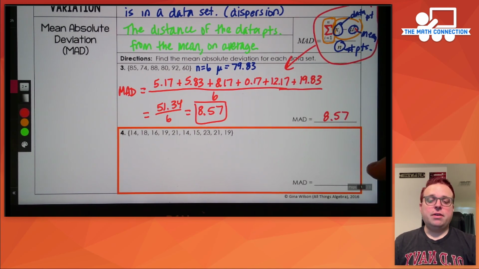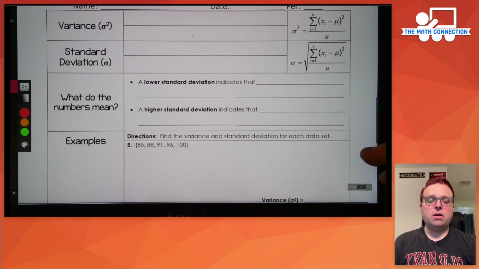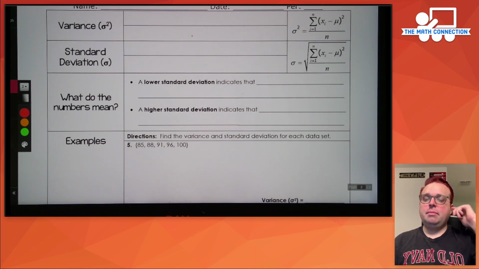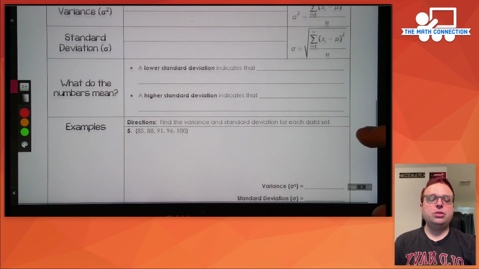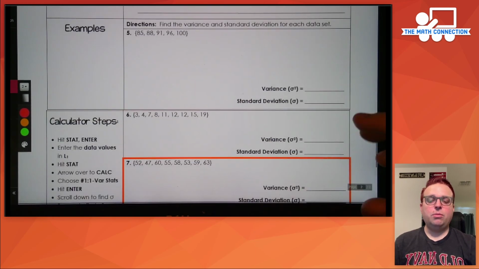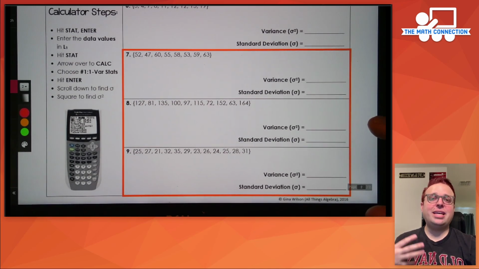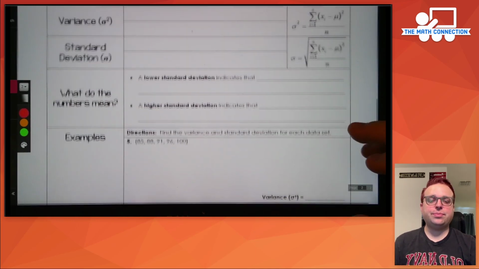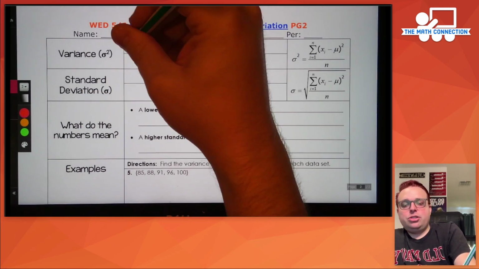Okay, hope you had fun with number 4. We're moving on now. We're going to go to page 2 of our notes. We're going to talk about variance and standard deviation and how you can apply that to make some assumptions about the data. We'll do an example. We'll do a couple more examples. And then I'm going to start giving you the information on how to use the calculator to do this, all right? So the variance is the average